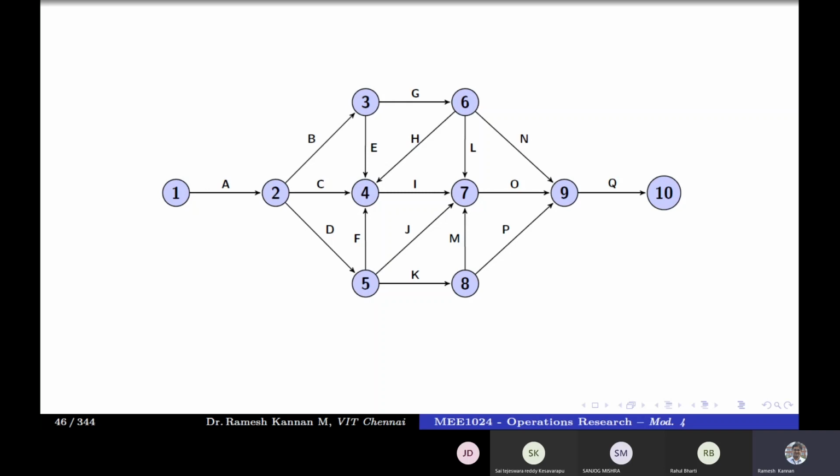You can even do this type of construction in a backward pass, but in that case you will need the successor, the activity that is succeeding that. So in a forward pass we need the predecessors, and in a backward pass we need the successors. So for construction of a network, you can choose either way, forward or backward. Backward requires some complex thinking, because it is not our norm. People who practice Arabic write from right to left, but all our languages, like English, we only write from left to right. So it'd be better if you do a forward pass construction for a network diagram.